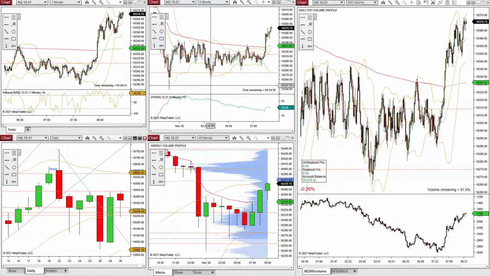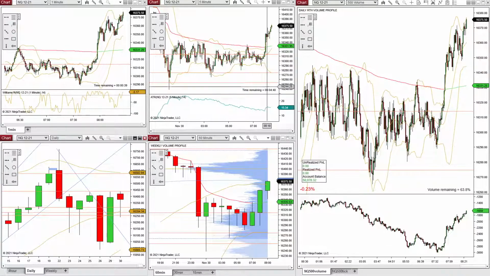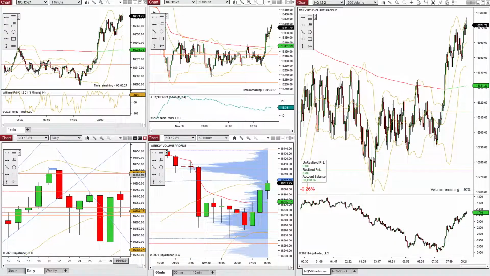I think you would see a bounce if price came back down here to 16,276. Maybe it would range a little bit, or you could take one down here and give yourself enough room. I mean, that's a lot, though. That's a 40-point stop loss. The way that I trade, I would prefer to buy as price broke higher here and that turned green. That's just the way that I do it.